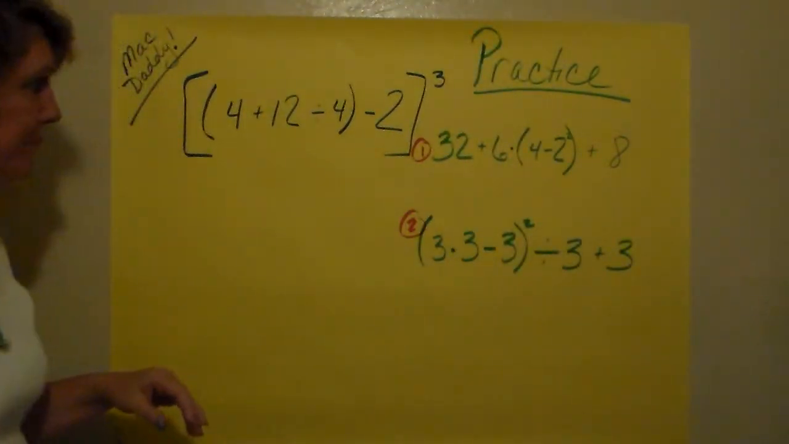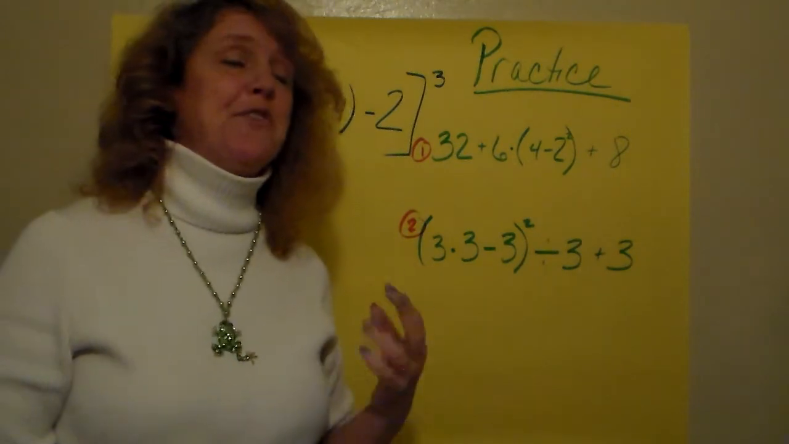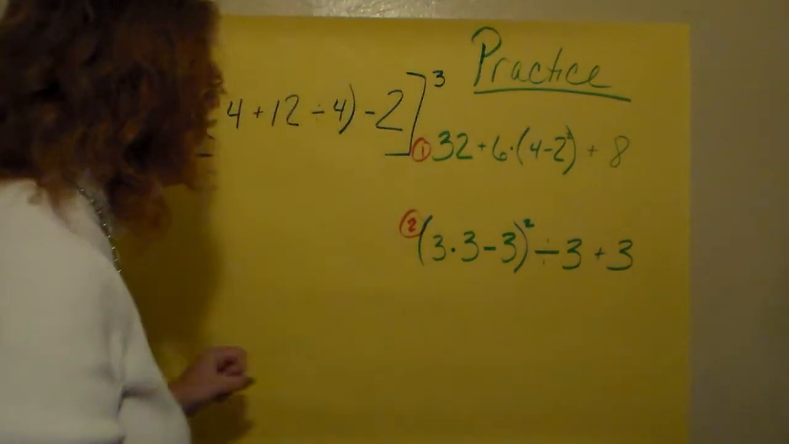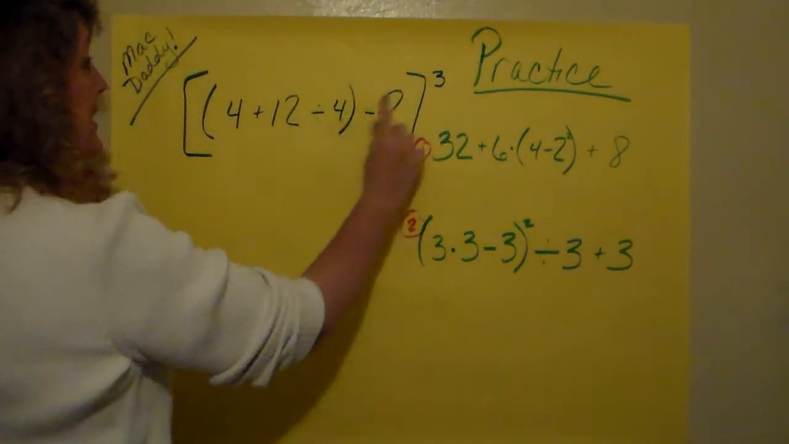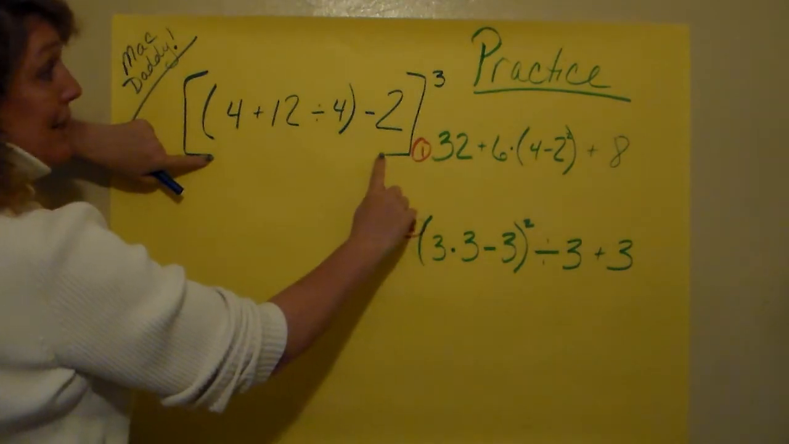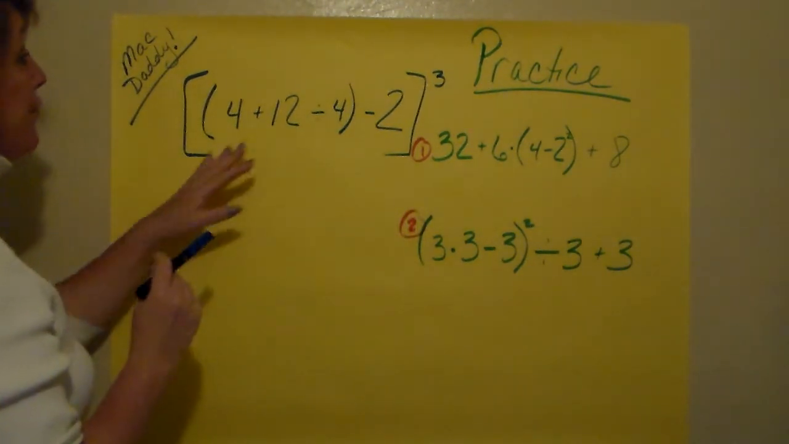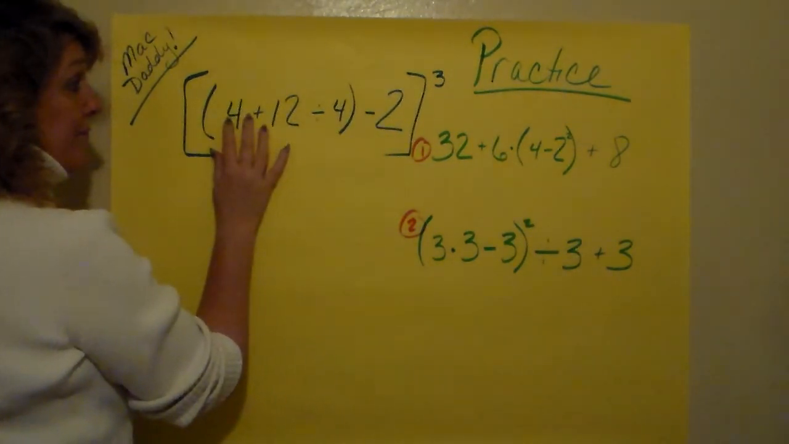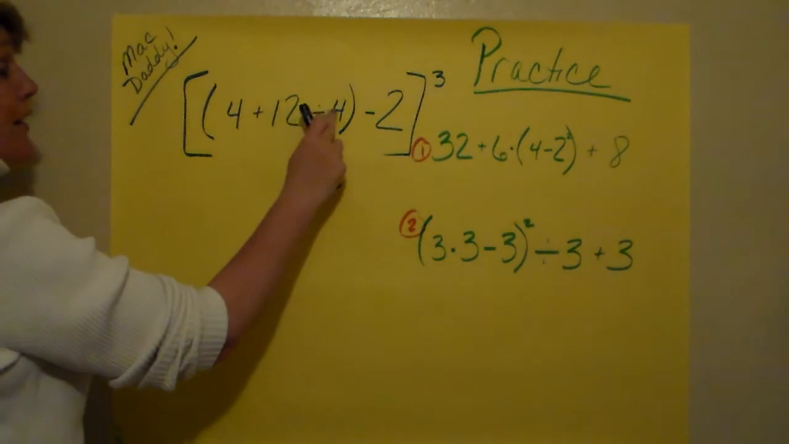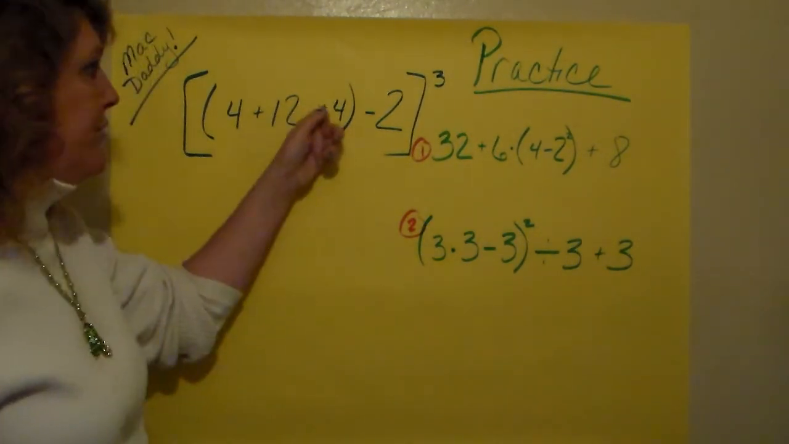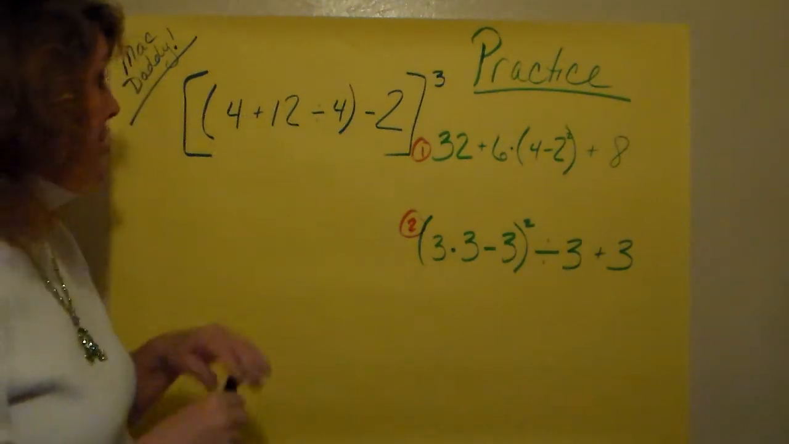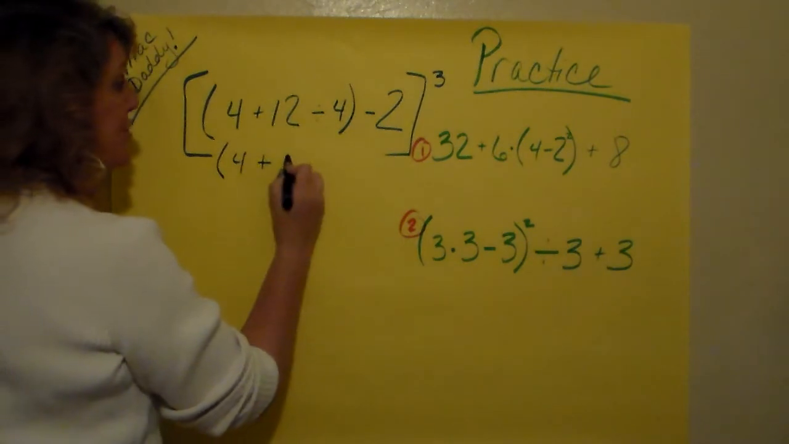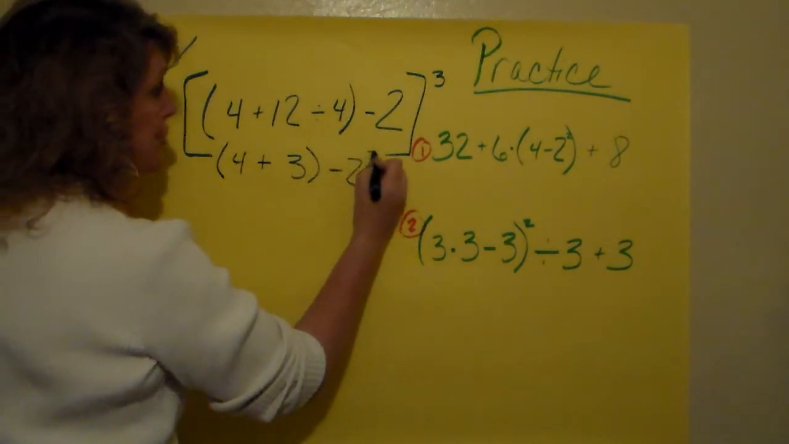Here's a Mac Daddy. I wanted to show you one with 2 sets of parentheses. There's an outside parentheses and an inside parentheses, and you always do the inside ones first. This is the inside parentheses, and this is the outside parentheses. So the first thing we're going to do is what's inside these parentheses. So we have to do 4 plus 12 divided by 4. What do I do first? 12 divided by 4, because division comes before addition. So first I have to do 4 plus 12 divided by 4, which is 3, minus 2